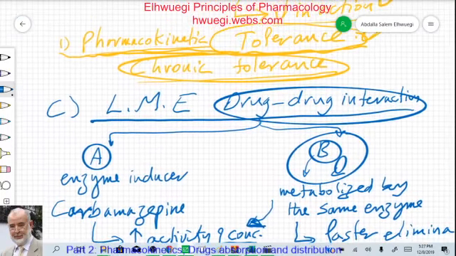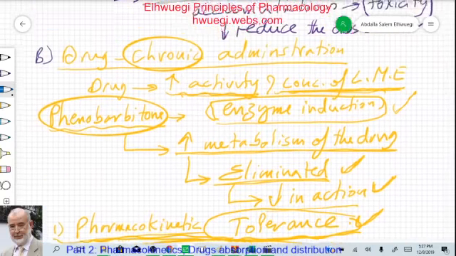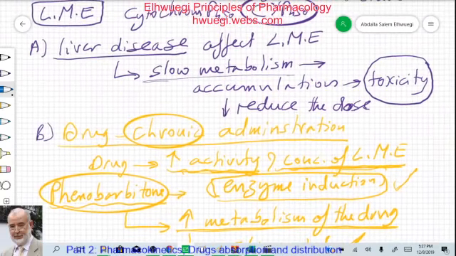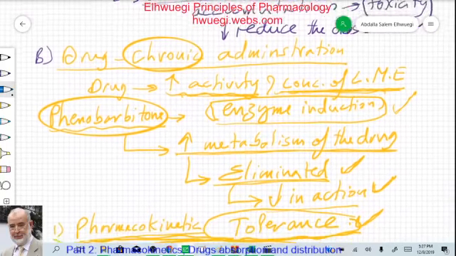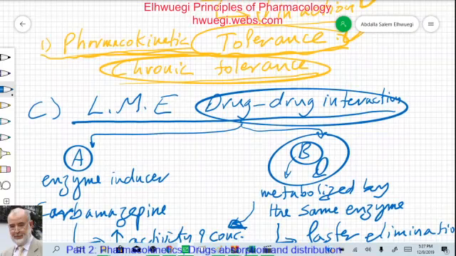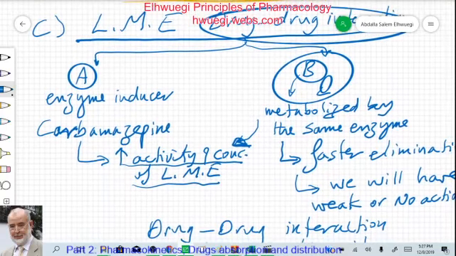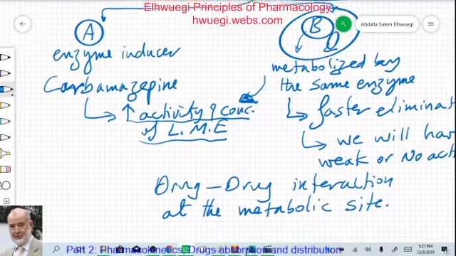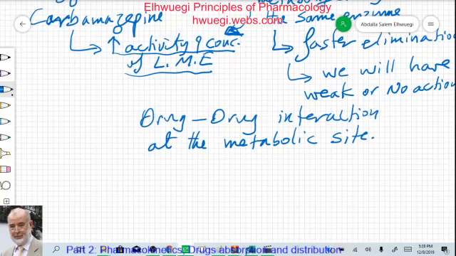So we said that for liver microsomal enzymes, there are three things to remember: that they will be affected by liver disease. Liver microsomal enzymes can be affected by chronic administration where tolerance can take place, and the liver microsomal enzymes can be a site of drug-drug interaction where the effect of a drug disappears if it is metabolized by the same enzyme system. Last thing about the liver microsomal enzyme, that there are drugs